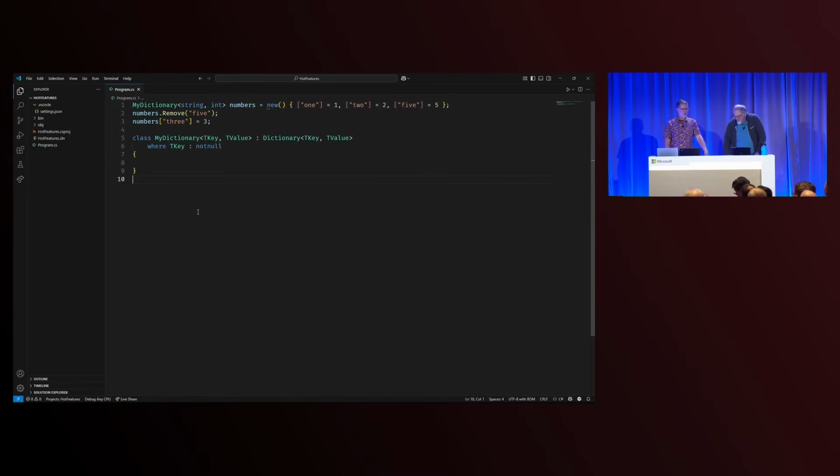Okay. So as I said, we're planning on having extension operators, but we don't quite have them yet. So instead, I just took and inherited from dictionary so that we can add more members, including operators, to them. That's kind of, don't do that at home, but it's cute. Think of these though as they could eventually be extension operators.